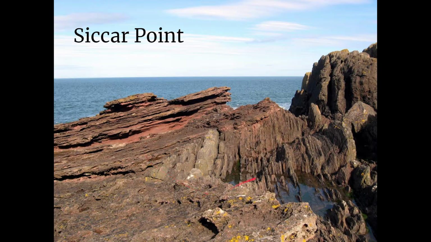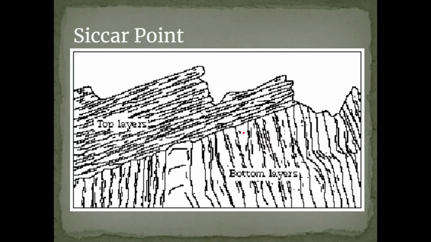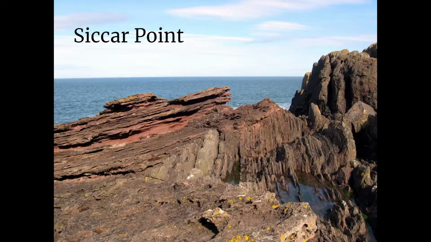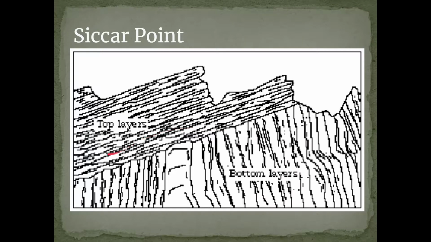and he saw these rocks. And if you get up close to these, I think these had fossils in them, and he started to realize, wait a minute, this is old bottom of the ocean. This is old beach sand, maybe. And he started to see the similarities between this and what he kind of sees out in the more active world. And we can kind of take this and draw it, and you can see the sedimentary layers here, the top layers and the bottom layers, and we'll come back to this a little bit later.